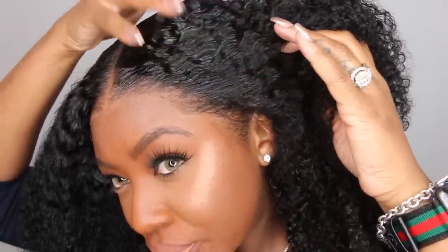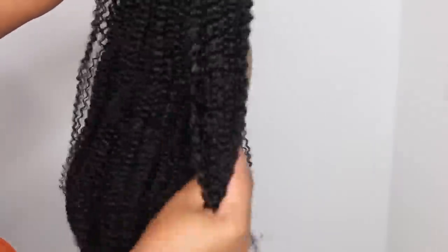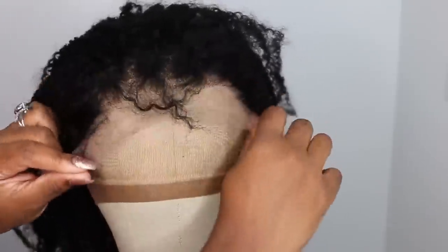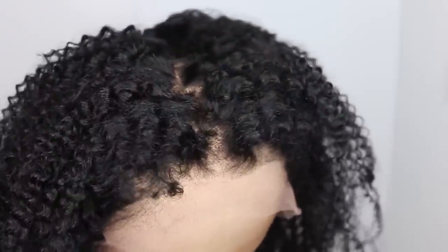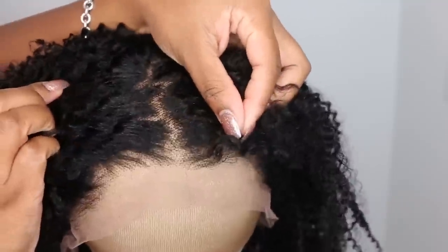If you're tuning in for the first time, I'm Ashley, and today we're going to be playing in this gorgeous kinky curly lace wig. She's 13 by 6, 150% density, and absolutely gorgeous. They did go ahead and give you a nice natural hairline by pre-plucking it, and you can see that here. Absolutely love the construction of this lace. Again, she is 6 inches parting back in lace, so it's going to be amazing to go ahead and part